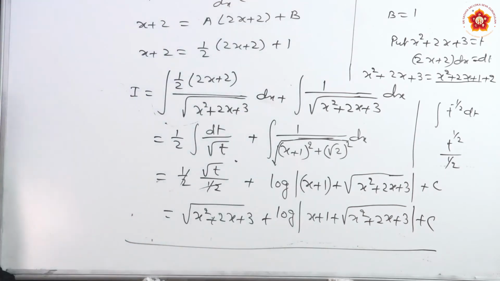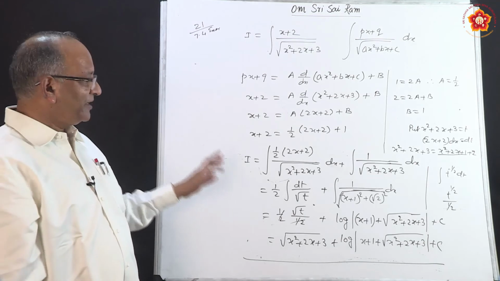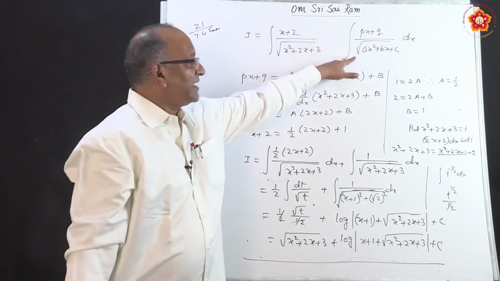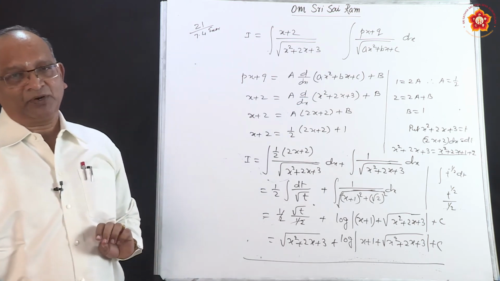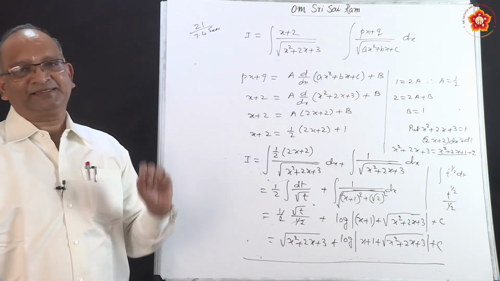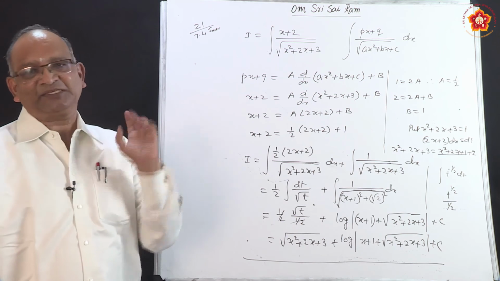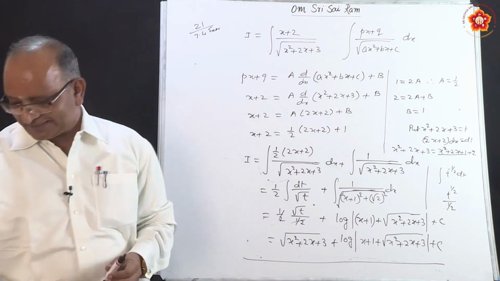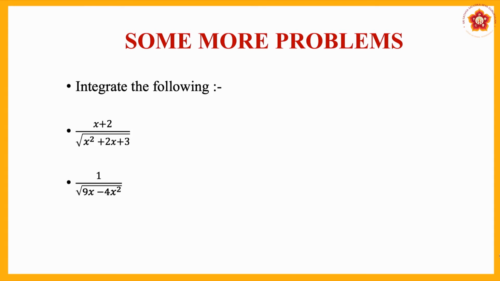This is the answer. The problem was little big, so we didn't attempt that time. But remember, this is of this type. That's what is very important. We'll end this particular session with one last problem. It also happens to be a problem from the same exercise. So let us do that.